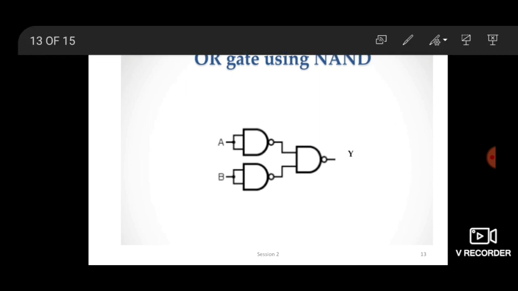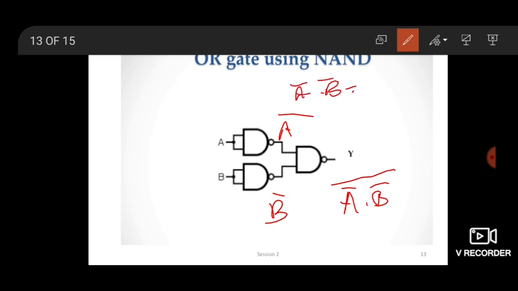Now just trace it. If A input is passed here and B input is passed here, then what is the output here? A bar and here B bar. Now this is A bar, B bar, pass this, giving (A bar dot B bar) bar. Now using De Morgan's theorem, put here A plus B bar for A bar dot B bar.